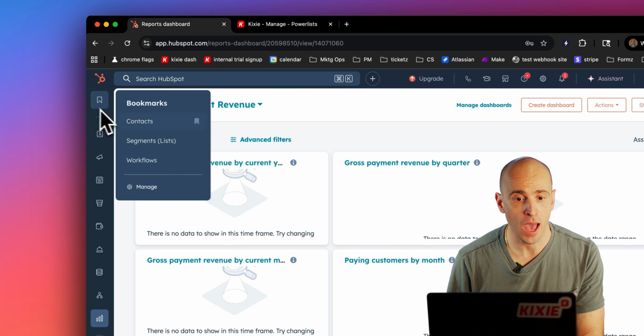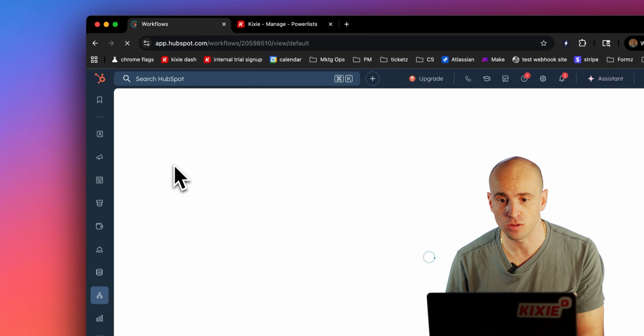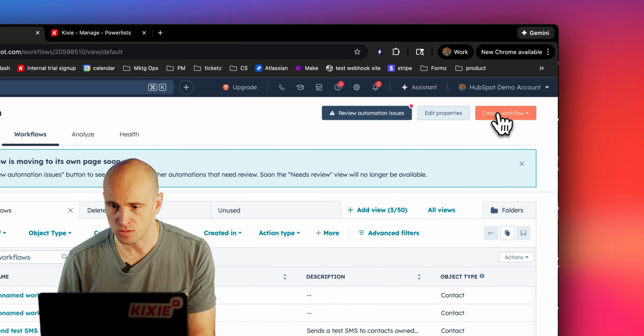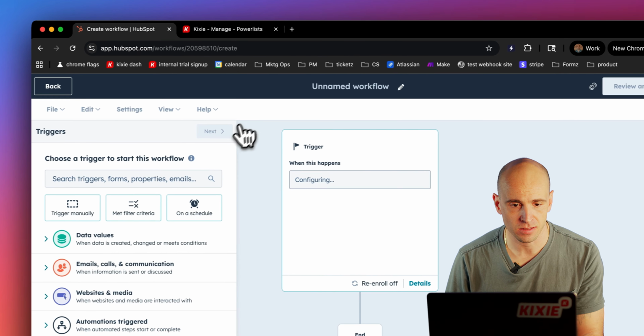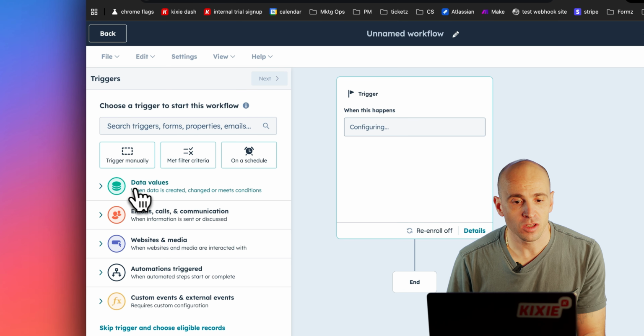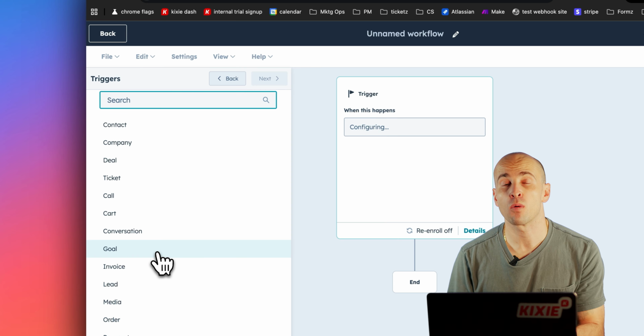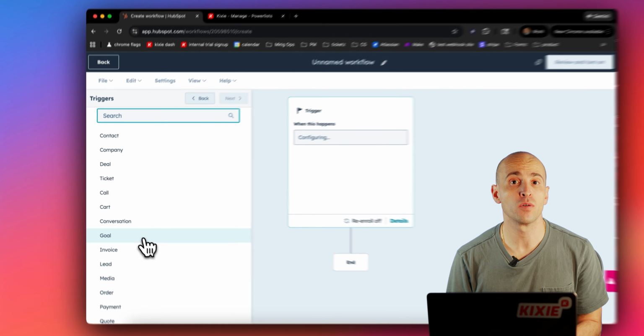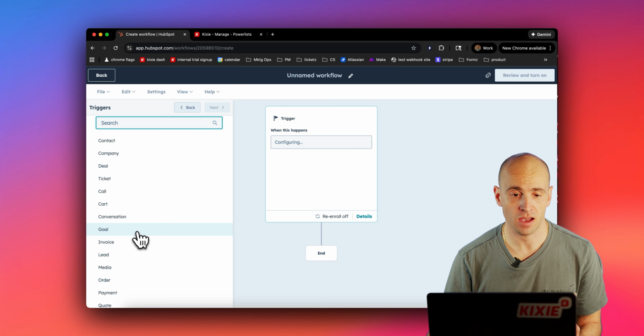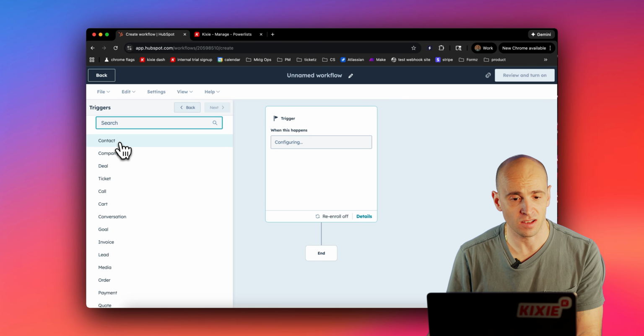All right, so let's get started. First thing we need to do is go to HubSpot Workflows section and create a new workflow. We can create this workflow from scratch, so we'll go ahead and get started. What we want to do is click on this section that says Data Values and find Record Created, because what we're doing is we're going to fire this workflow the minute a new lead is created in your HubSpot instance. So I'll select Contact,